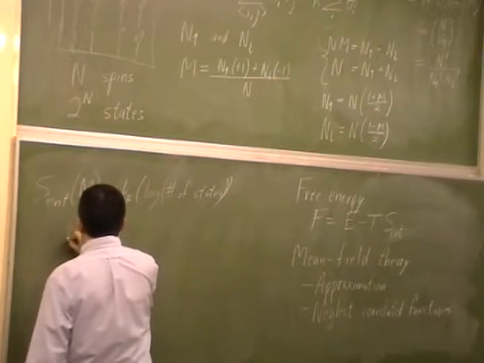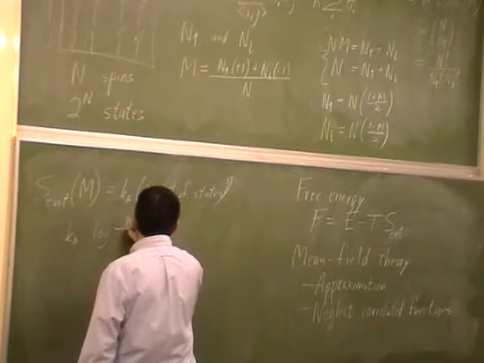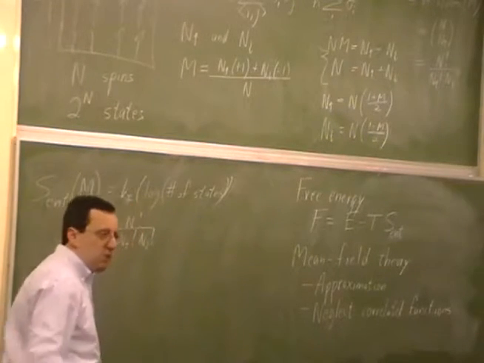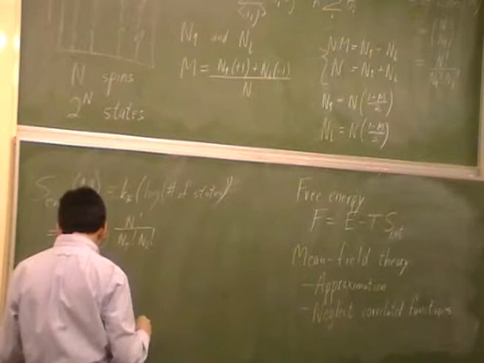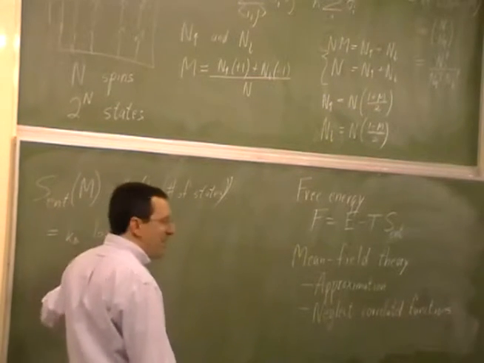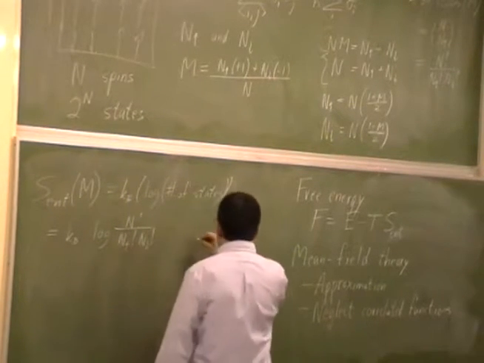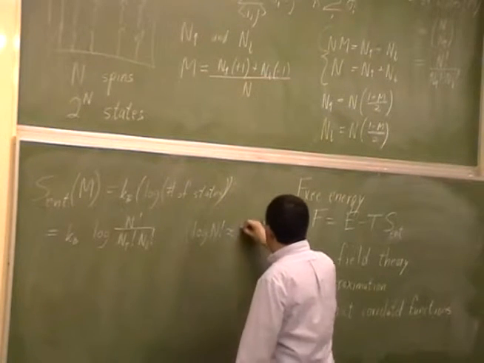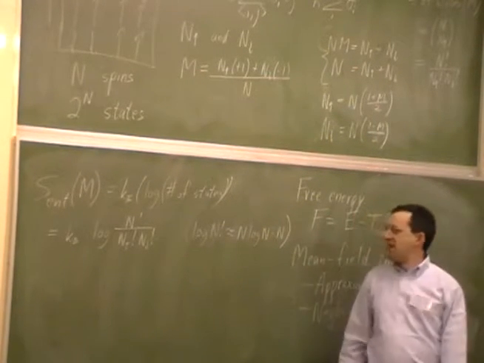So, Boltzmann's constant times the log of n factorial over n up factorial and n down factorial. All right, so now we can work this out, expanding the logarithm and using Stirling's formula, that the log of n factorial is approximately equal to n log n minus n,